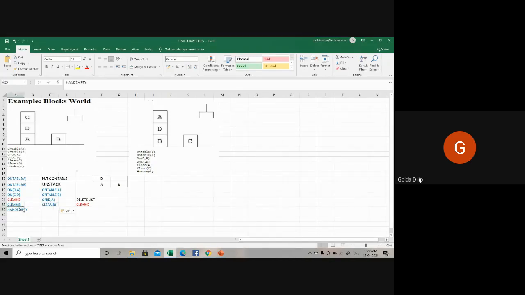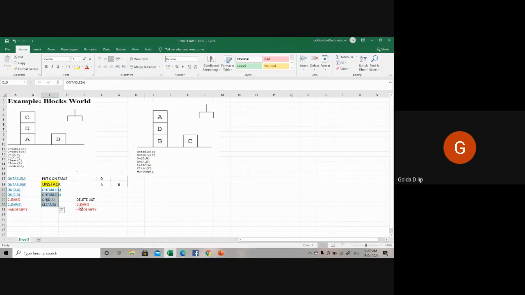Then what about hand empty? Is the robo arm empty now? The robo arm is not empty, it's holding C. So that needs to be deleted and it becomes a part of your delete list. As a part of performing this unstack operation, out of these 7 preconditions, only 4 hold good right now, and these two became a part of my delete list.